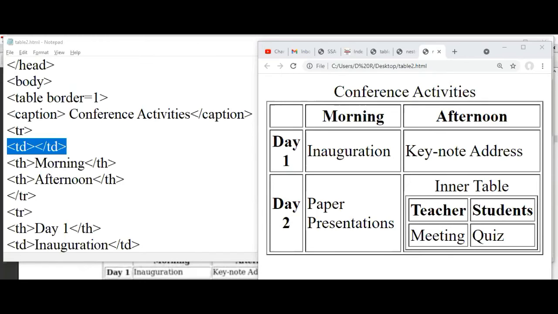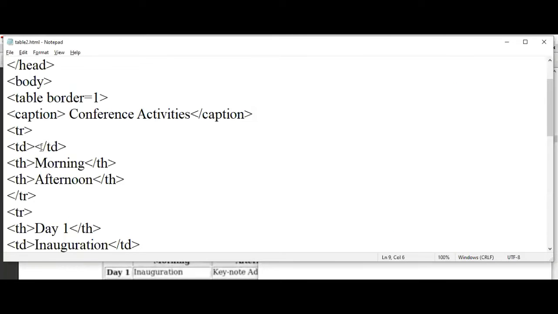Okay, now I'm continuing. This is the first row of this table. This is the outer table. The first row is this. The first column is blank, so this TD we have without writing any text here. We have written only TD and slash TD.